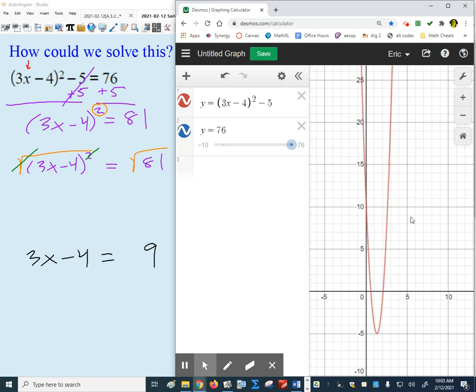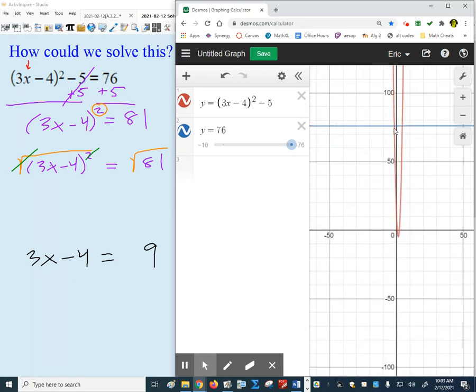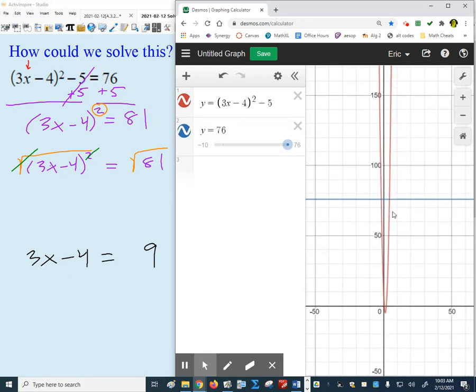So if I zoom out a whole bunch here, it looks like I've got 2 points of intersection. Well, there's one of them at x equals 13/3, 4.333. Everybody agree? Okay, good. All right, that looks pretty good. Looks like we got it, huh? Except,